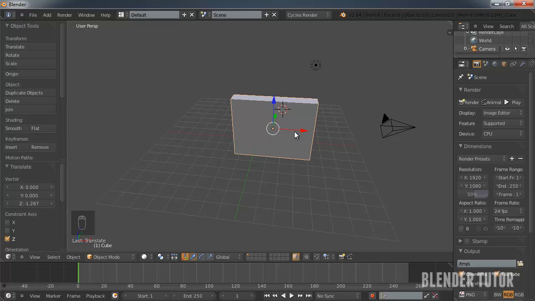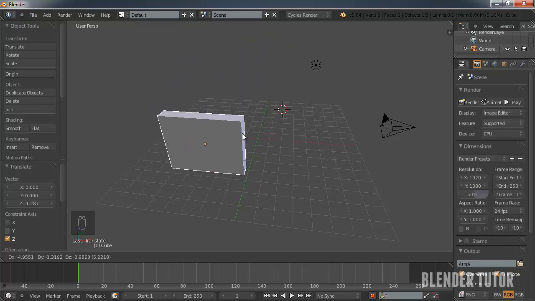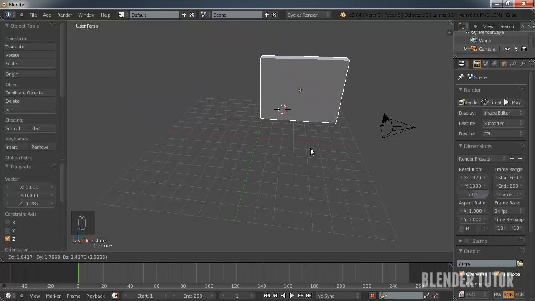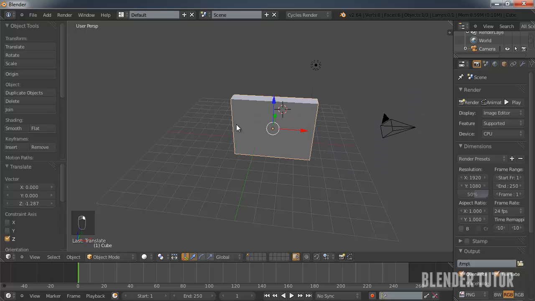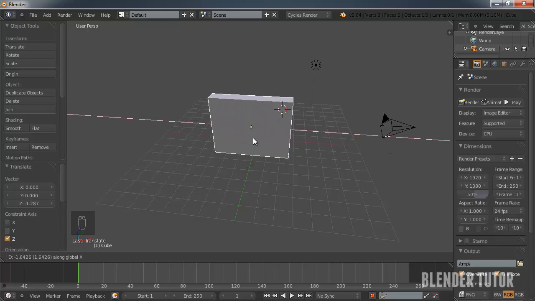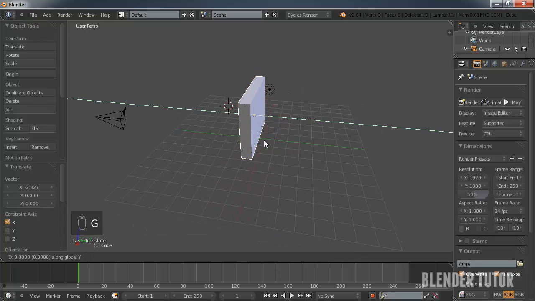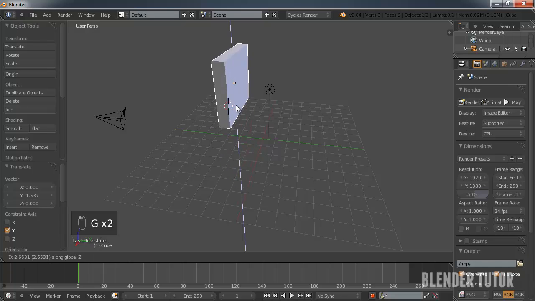Blender actually has really easy to remember keyboard shortcuts. If you want to move your object, or grab your object, you hit G, and you can just free move it around by hitting G once and then moving your cursor, and it's going to follow your cursor. And say you want to move it just along the X axis, you'll hit G, X, and it'll lock it into just the X axis. And it's going to do that for all of them, so G Y, G Z.